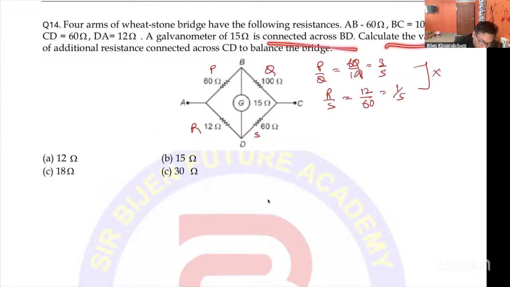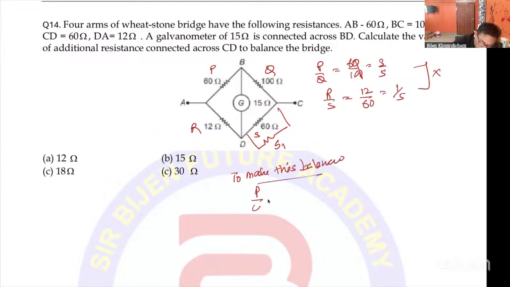So another resistance is connected in parallel here. Let's say this value S1. So to make this balanced,